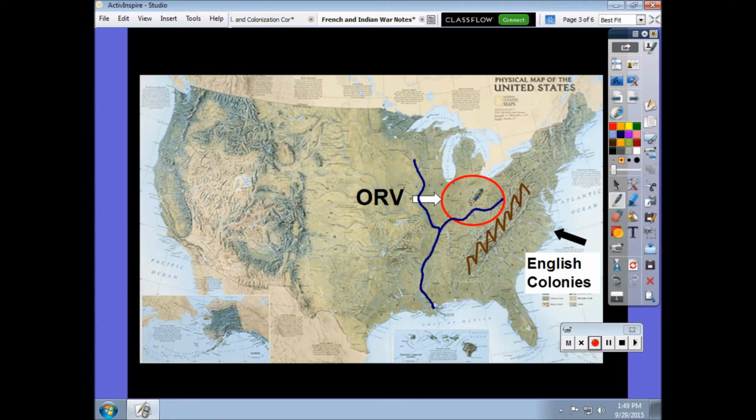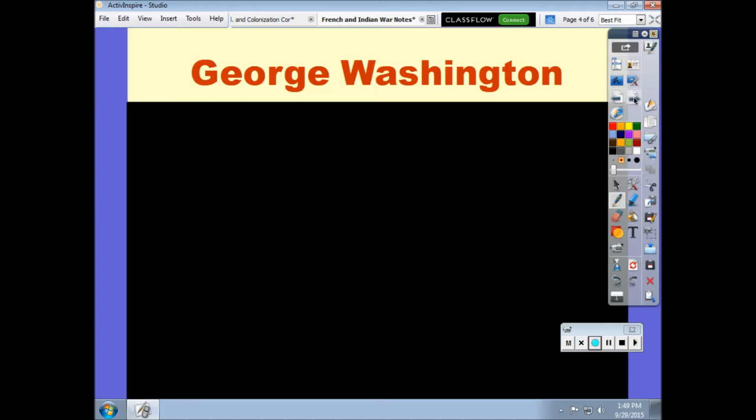So a lot of rivers flow into this area, and with all that watershed, with all that water moving in there, this area is highly populated by beavers, and that's the reason why the French are there. But the British want that area for farming, and they want to be able to take their colonies and spread the people from the colonies into this area and begin settling it. And so again, the ORV, the Ohio River Valley, is the focus of this conflict.